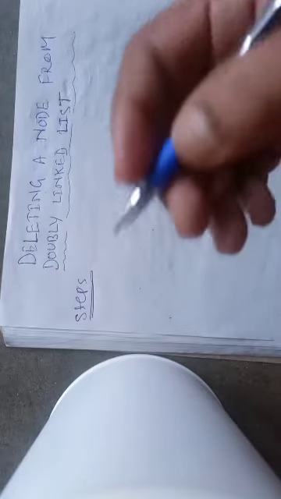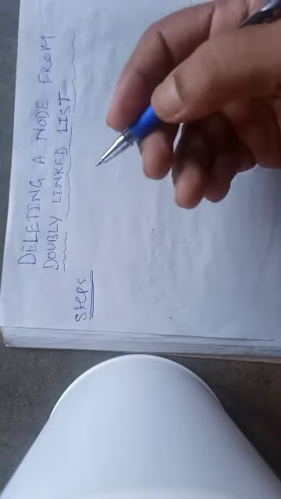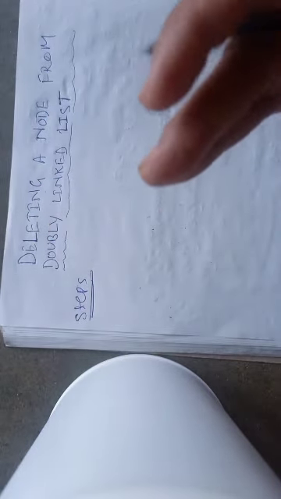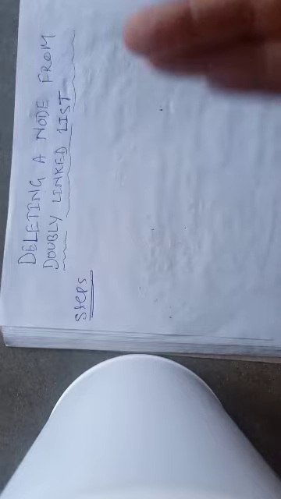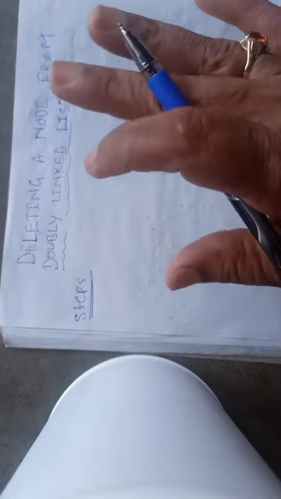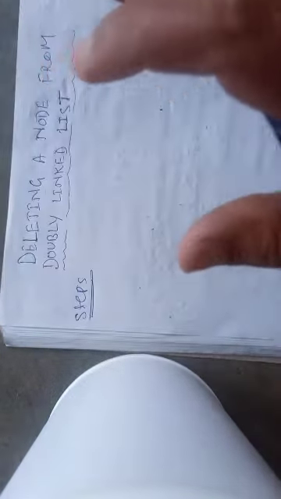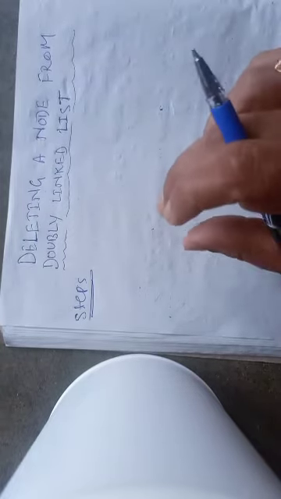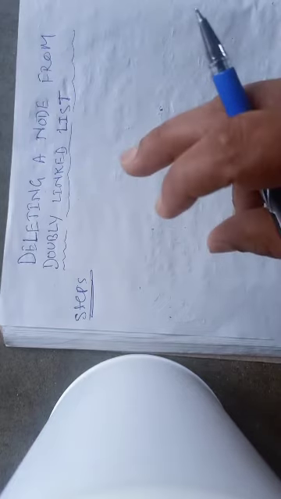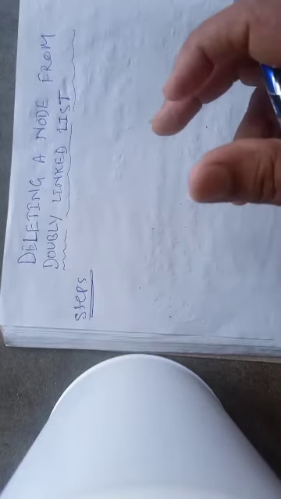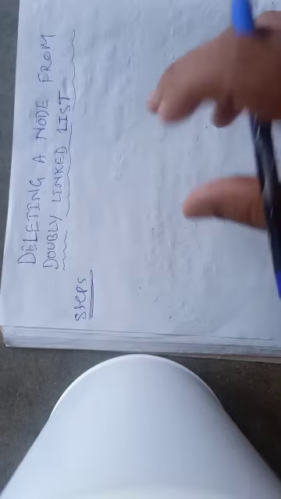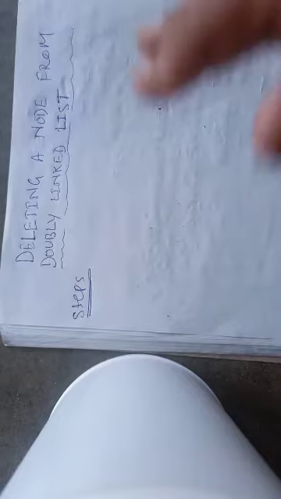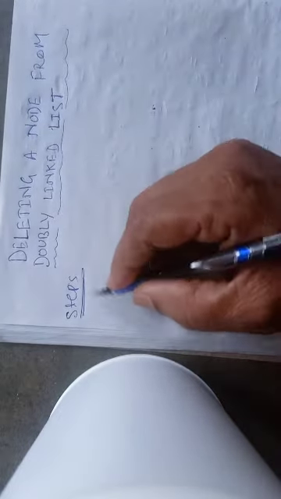Now in order to delete a node from a doubly linked list, the steps are similar to the deletion that we have discussed in a single linked list. So overall the steps are the same, but the only difference is that when we remove a node, how do we make adjustments to the existing linked list, or how do we reassign some pointer fields. That is the main difference. Otherwise the overall steps are the same. So if you recall, what are the steps needed.